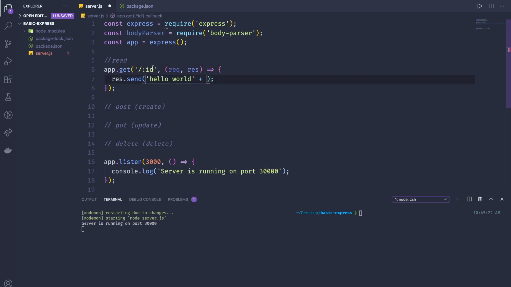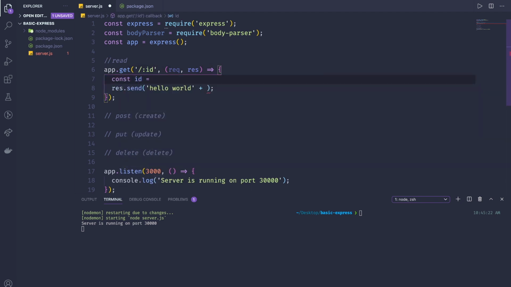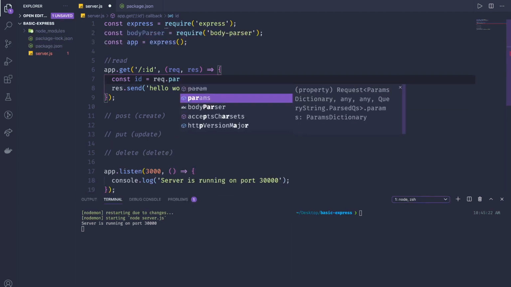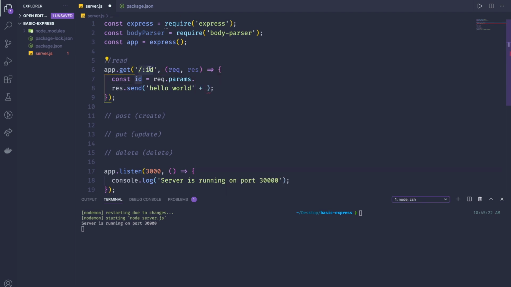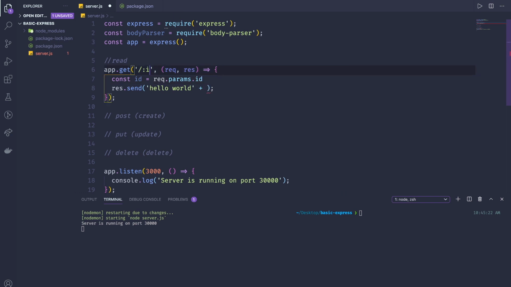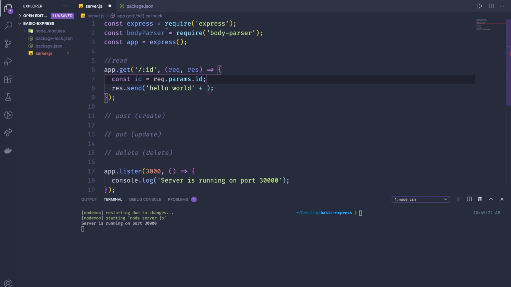So to read this ID, I'm going to store this in a variable. We can get it from this request right here, and then .params, and then .whatever you named it right here. Whenever you name this one ID, you need to pass this one as an ID. If you're using this one as a name, then you need to give this a name as well. All right, so now I'm going to change this one back to ID, and then after that we can add